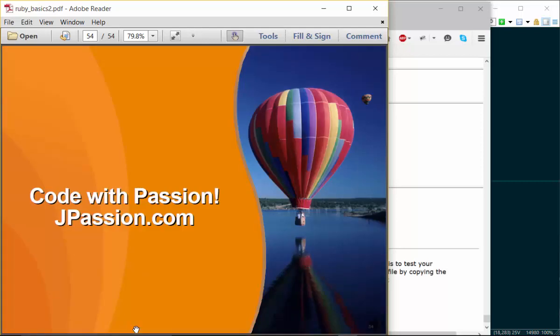Okay, so that is the quick description of regular expression, and we are going to use regular expressions in one of the hands-on labs later on in Rails. Okay, so I am going to give you